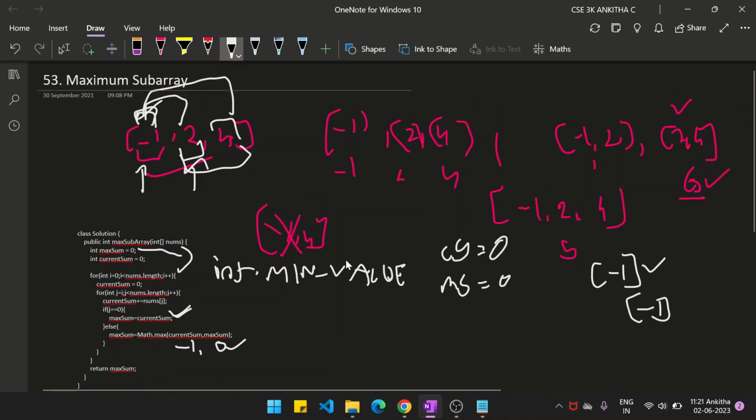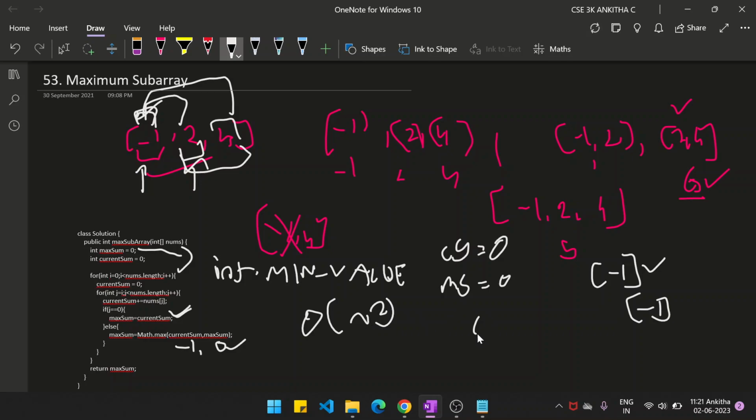So this is a brute force approach. But we need a better approach. This will give a time limit exceeded because it has a complexity of big O of n square. Two loops we have. How do we do it within a single loop? How do we get big O of n as the complexity? For that,